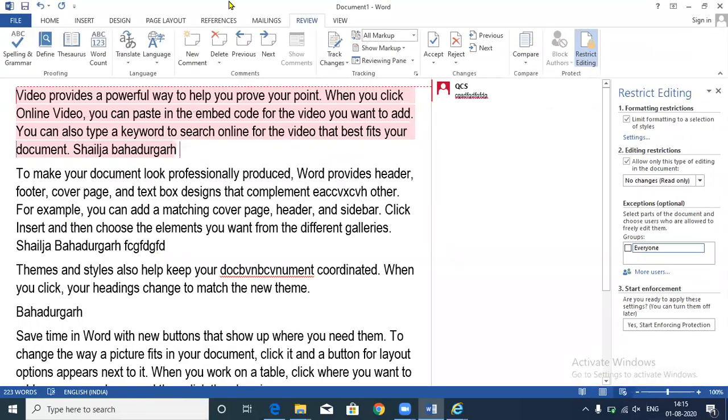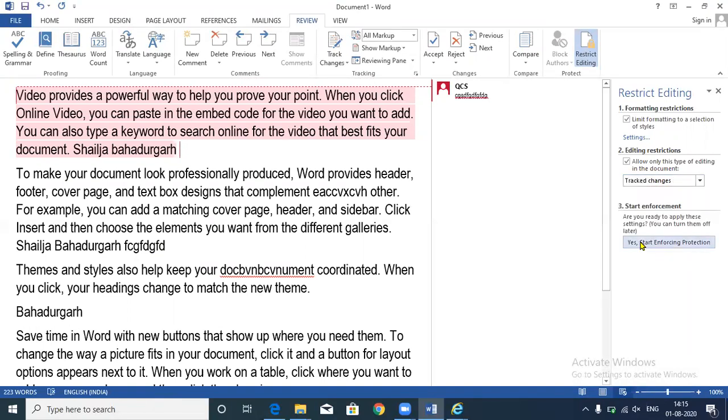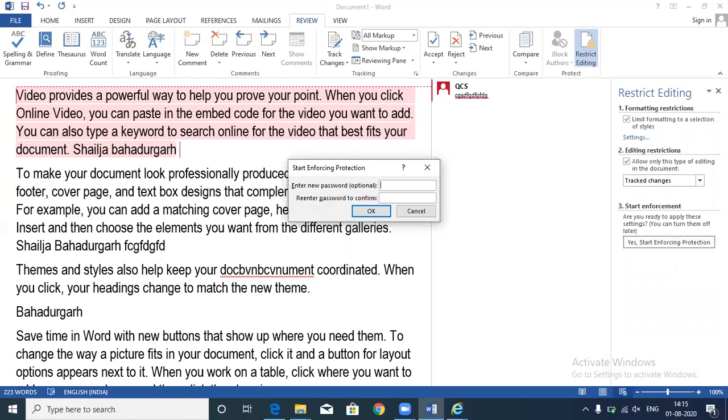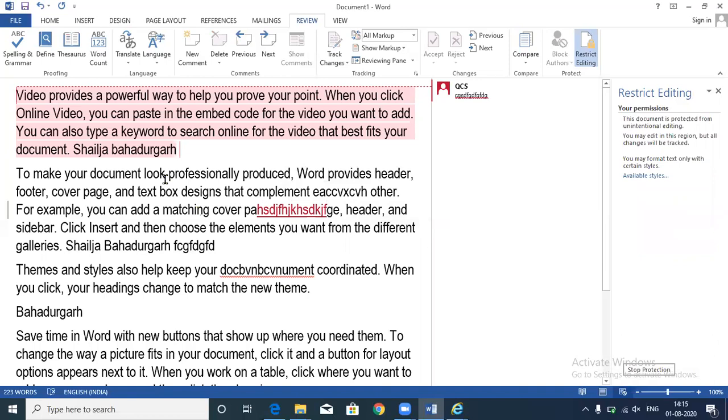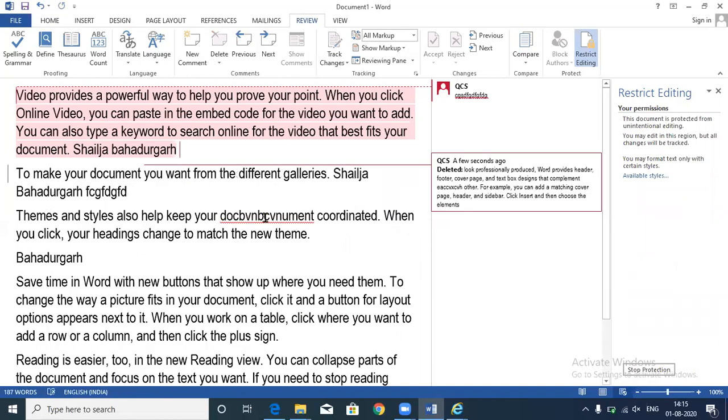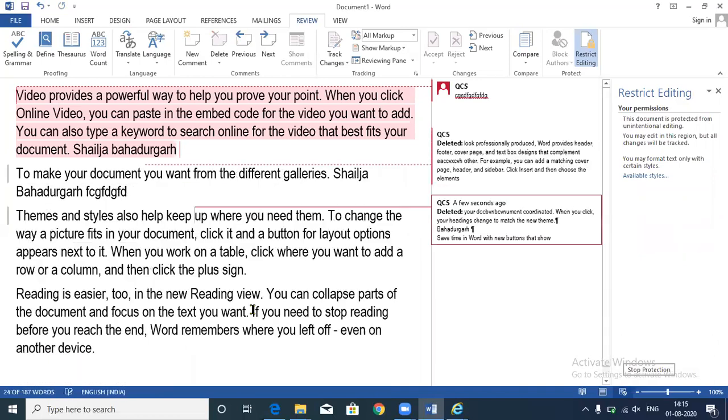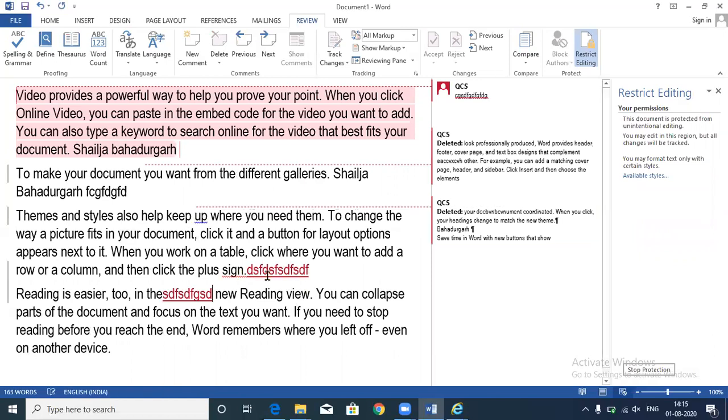Fine. For example, now say you want to turn on track changes. Okay, you can select the option track changes here, and now you have put a password on it. For example, you have left your system and you have turned on track changes from here. Someone came to your place and made changes, and the person now wanted to hide this data. The person could not delete this.